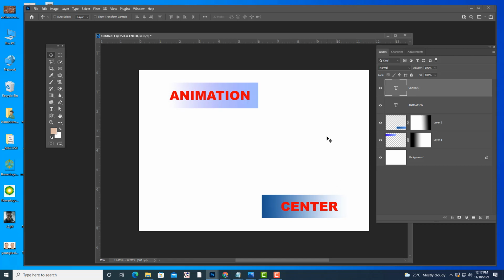So see here, something like this, we can create some nice interesting labels using the gradient tool. Okay, so this is one thing that we can do.